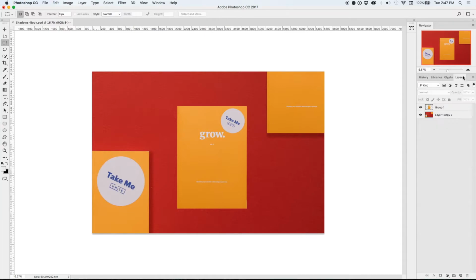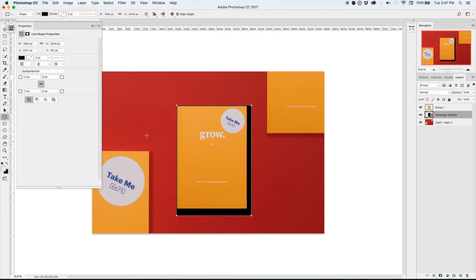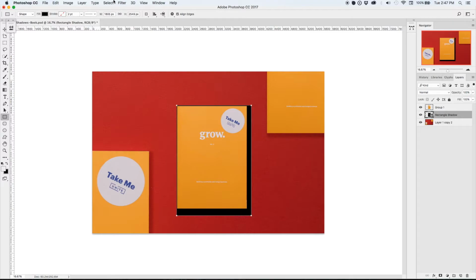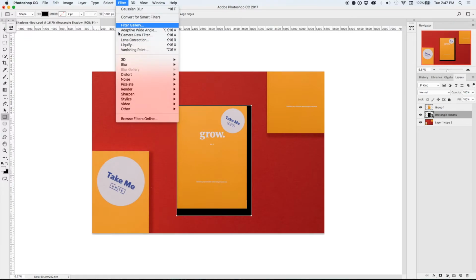Another way that you can do this besides using a drop shadow is by adding another layer and creating a shape that you manipulate to look like the shadow. So here I'm going to add another layer called the rectangular shadow. Take the rectangle tool and just draw roughly where I would want the shadow to cover, have that filled with